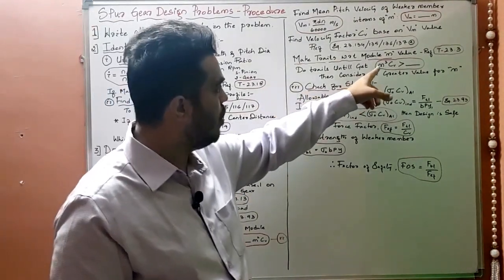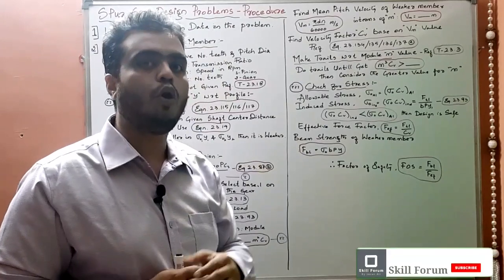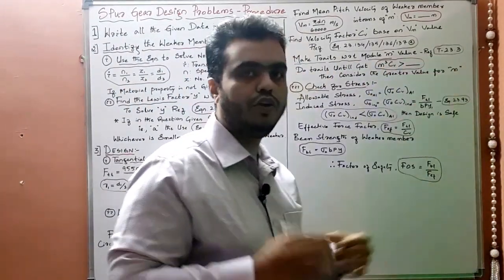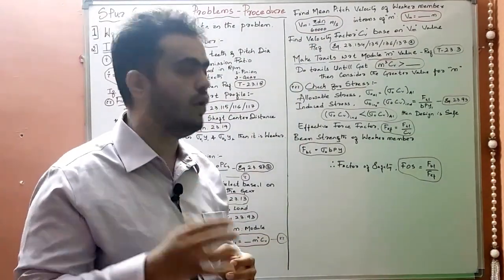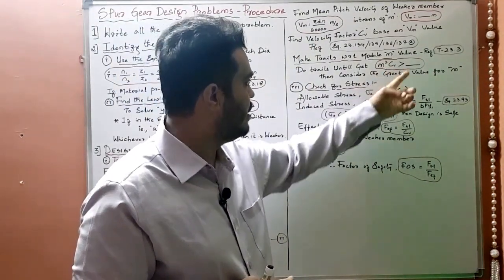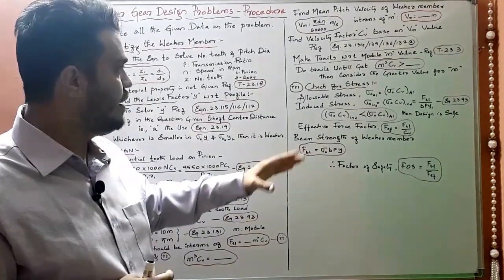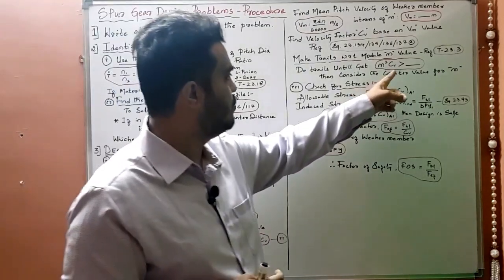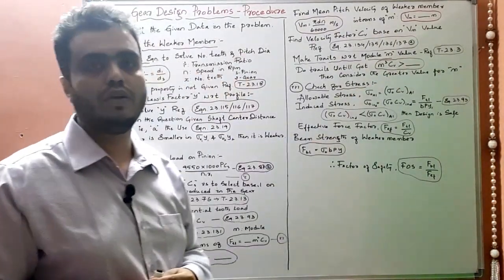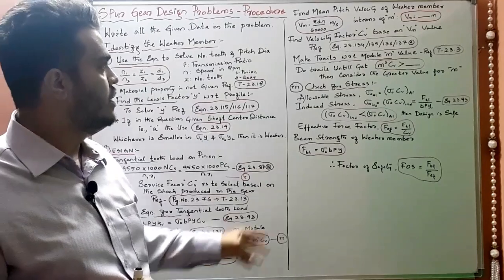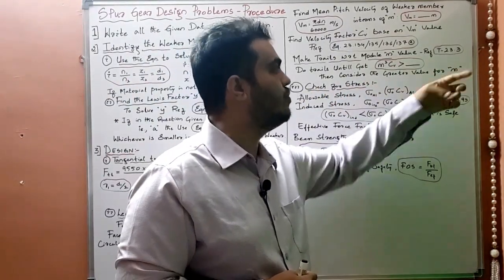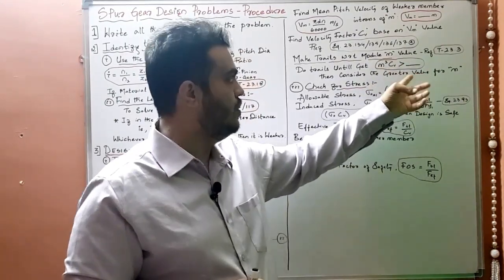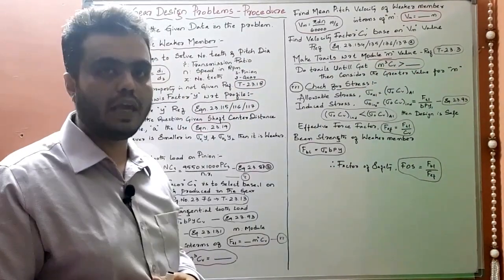So you need to consider the module m value with respect to this table. You need to consider the standard value of module, right. So you need to consider m and solve it, until you get the m cube into CV value, which should be greater than whatever value we get from this, right. Then consider the greater value for m. Once we get m cube CV greater than that value, you need to consider that module m, right?